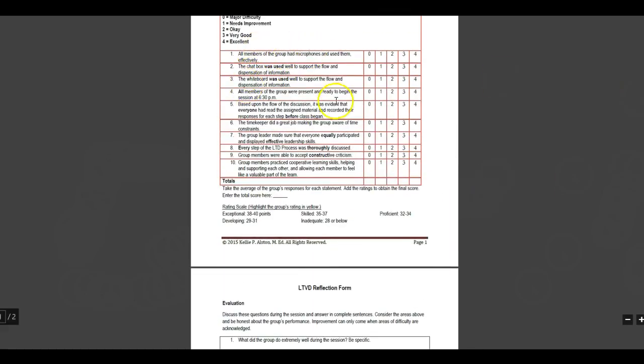they come here and they have 2 questions to answer. It says discuss these questions during the session and answer in complete sentences. Consider the areas above and be honest about the group's performance. Improvement can only come when areas of difficulty are acknowledged. Now this is where they can have commentary, conversation, discussion about any of these things up here in the rating scale that they wanted to expound upon,